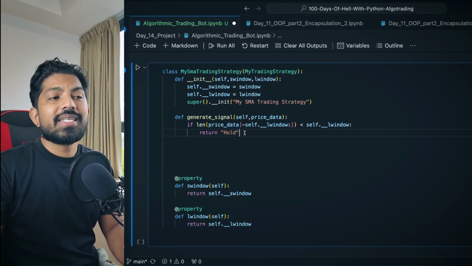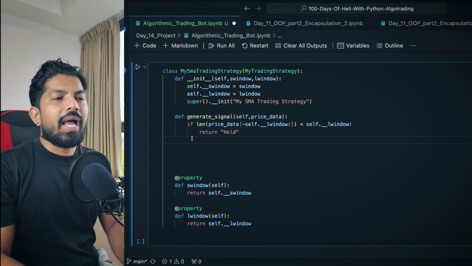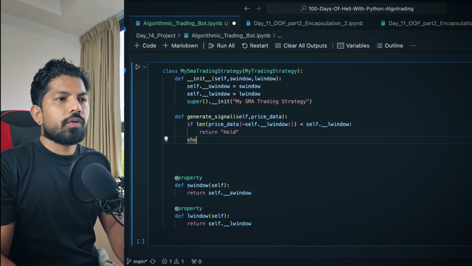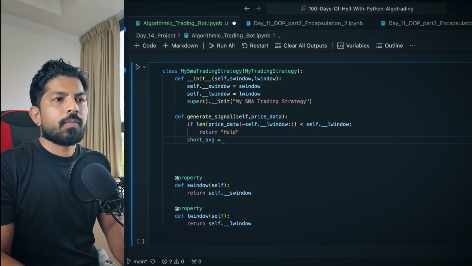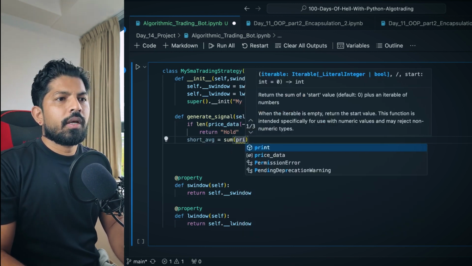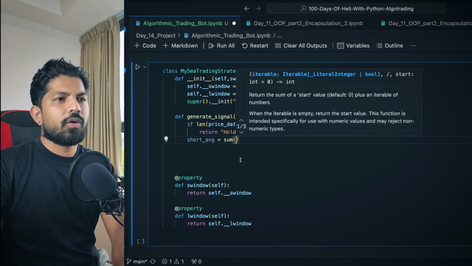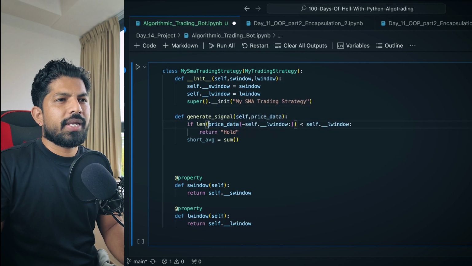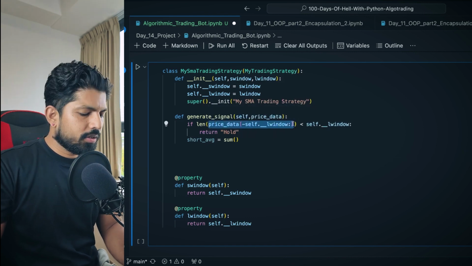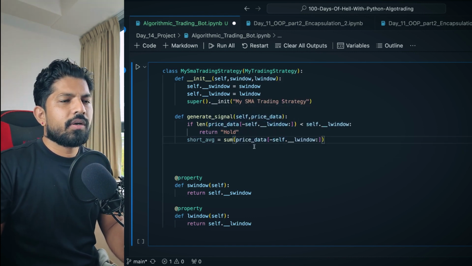Then after that, if this condition is not true, what will happen? I'll write the code for the short average. So short average is equal to the sum of the price data, and let me copy and paste this price data here.